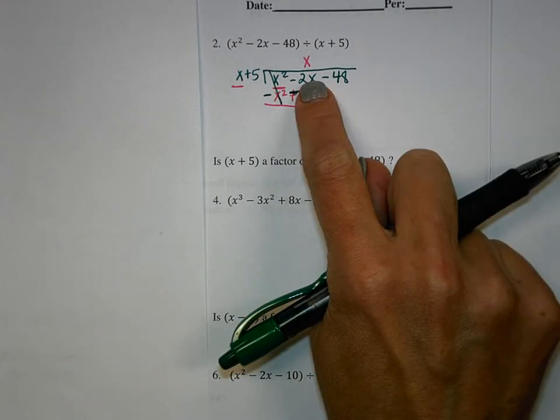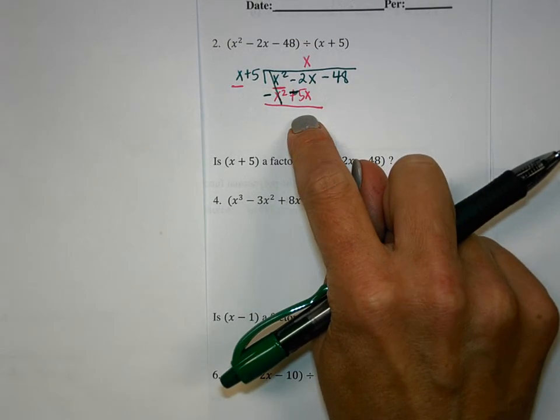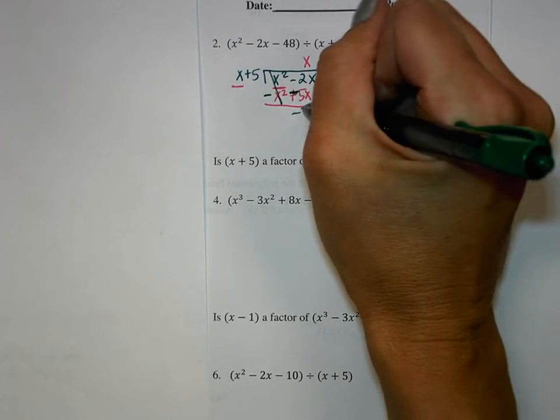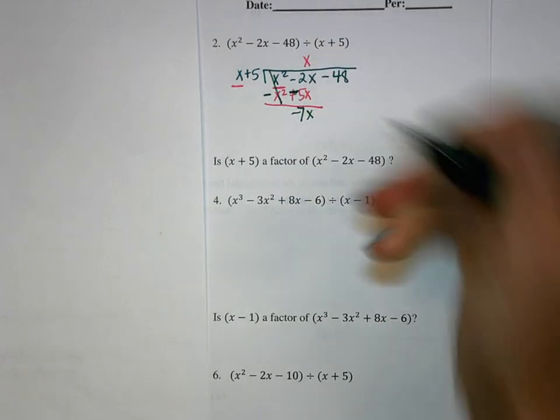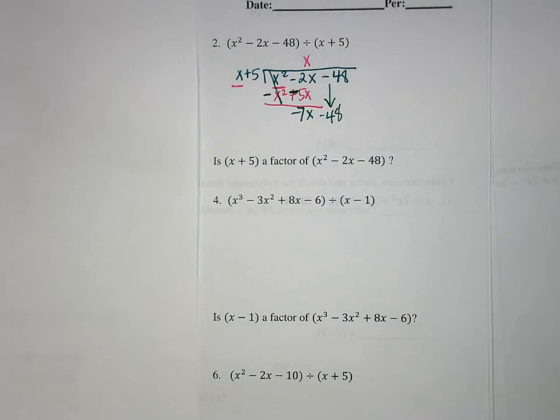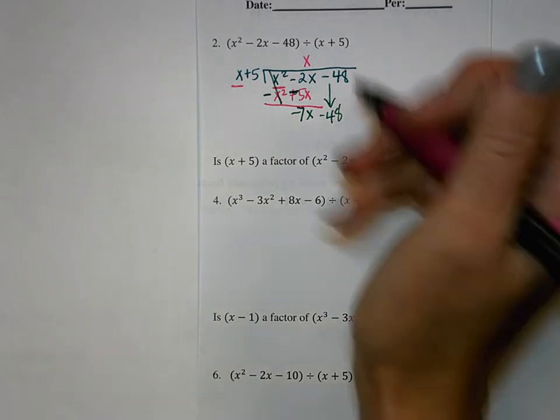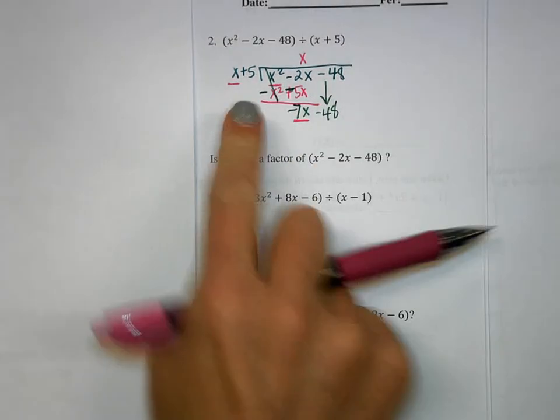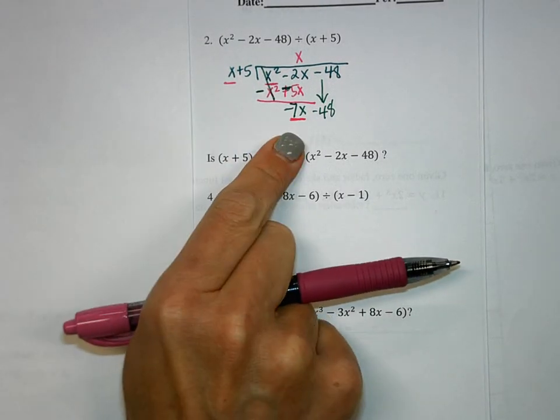Negative 2x and negative 5x make negative 7x. And what do I do next? Bring down a negative 48. Okay, so now we are still looking at our first terms. Okay, this time this is